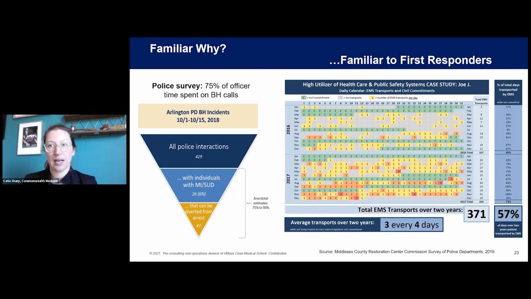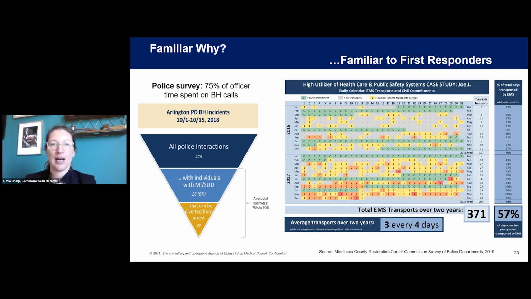We also looked at some actual data in two departments. As many of you are probably aware, police data can be challenging to use in this manner because, at least in Massachusetts, incident reports, which collect the information that we wanted about what was actually happening on the ground in the police interaction and what was the disposition of that interaction, that information is kept on paper. It's not kept in a database where you can look at thousands of records at once and collate them and analyze them. So what we had to do was work with several people to look by hand at police reports over the course of 2 weeks in a couple of departments and by hand identify which ones were related to behavioral health